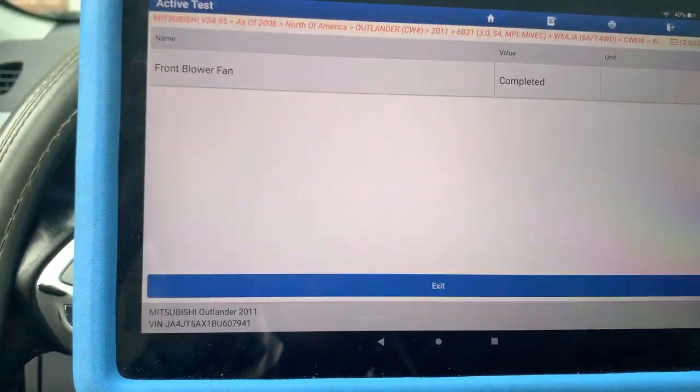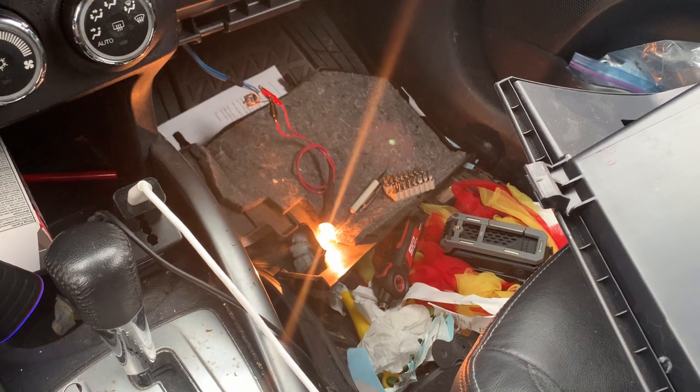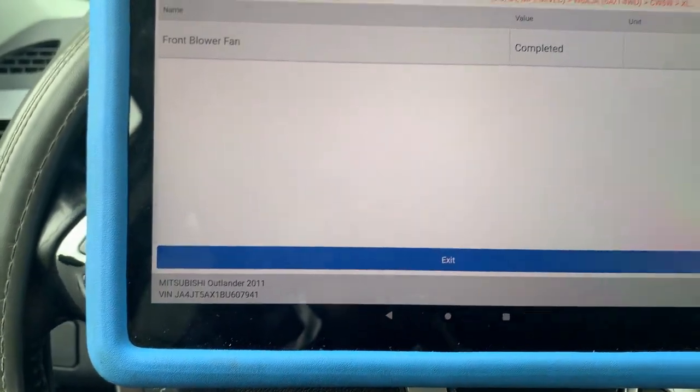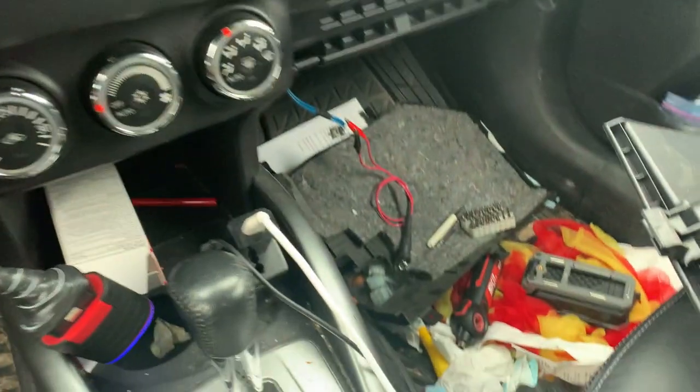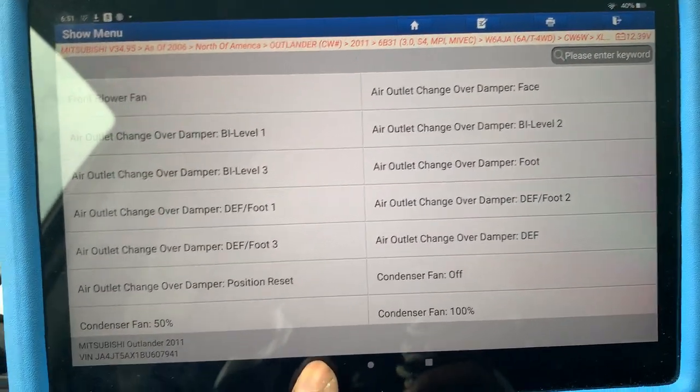See? So the test light came on really bright. So I hit exit, then the test light turned off. So yeah, at this point I knew I needed a blower